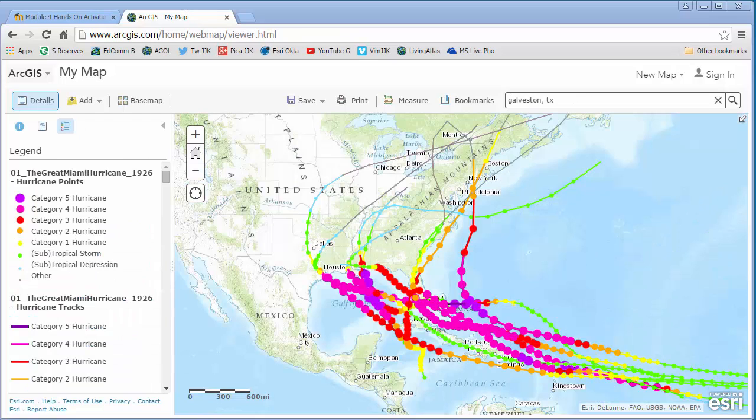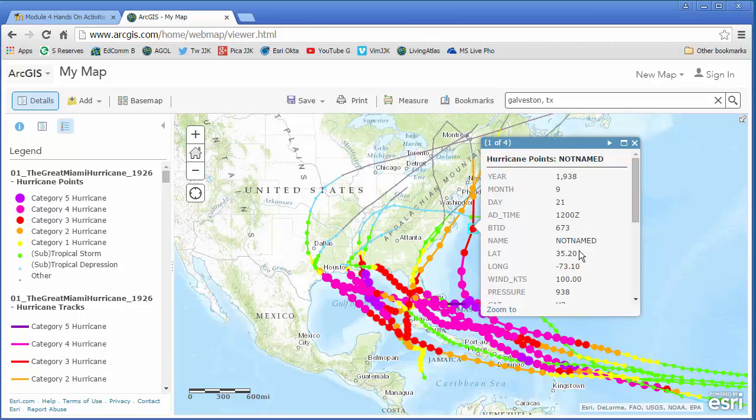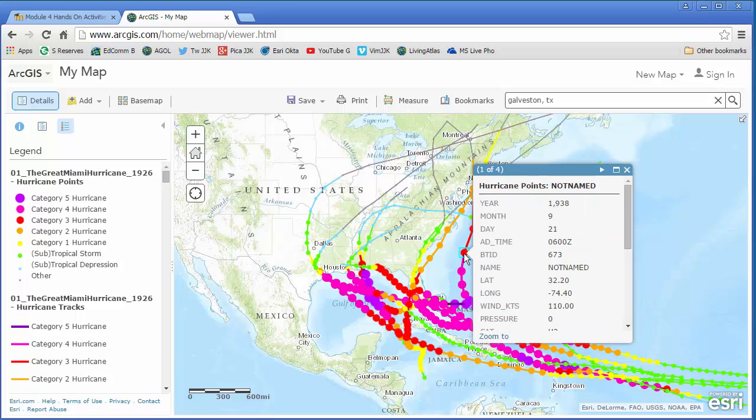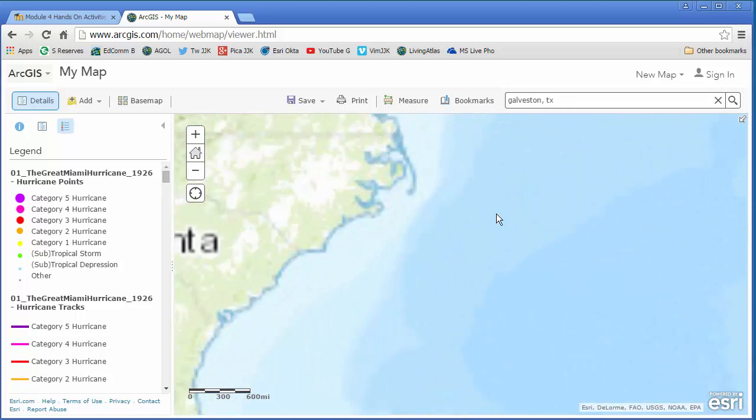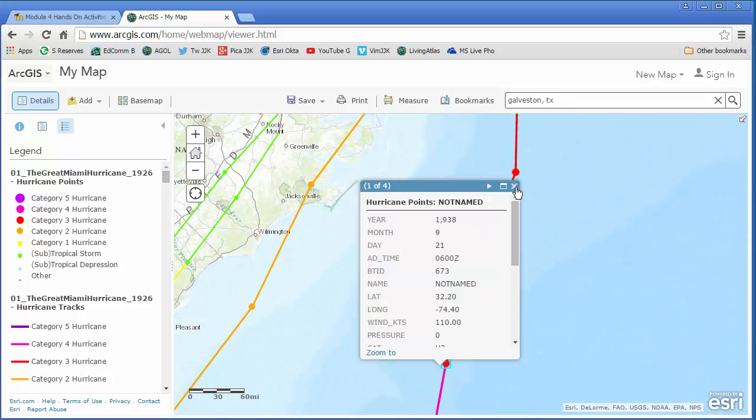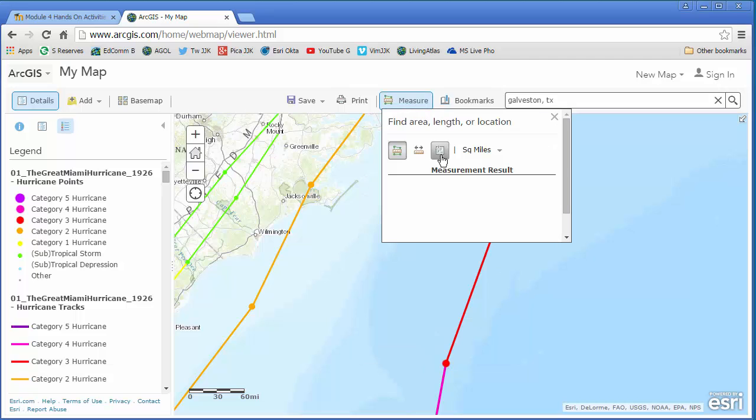Look carefully at the field Add_time, which indicates the Greenwich Mean Time for that particular segment of the hurricane track. How many hours does each segment between the dots cover? Knowing the answer to this question and using the distance tool in ArcGIS Online, you could easily determine the velocity of each hurricane's forward movement at each point in its life, and therefore incorporate mathematics here into your STEM or